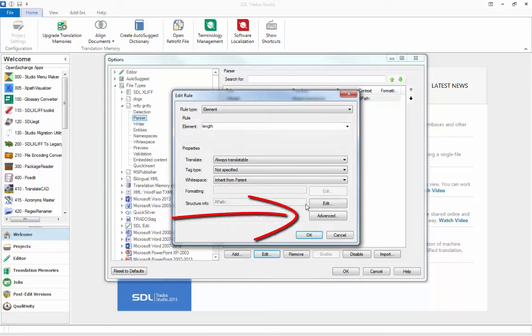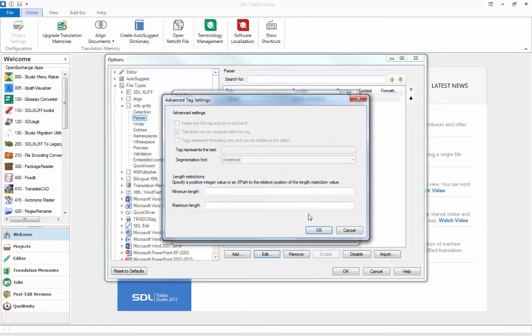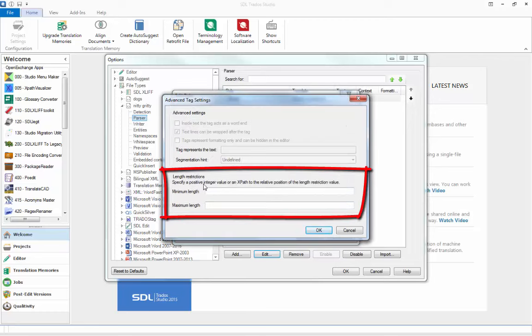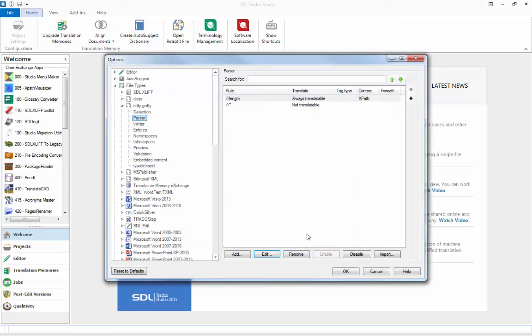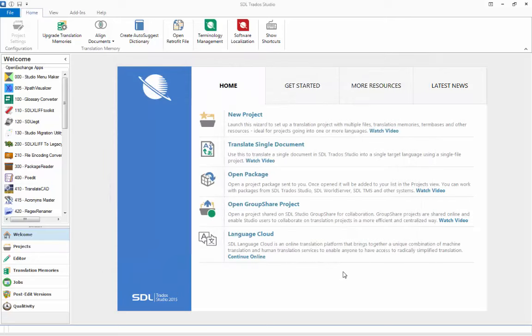And in this case, I'm going to go to the Advanced tab, and in here you can see there's a length restrictions possibility. So my minimum length is going to be @min, because that was the name of the attribute containing the minimum length value, and @max, which is the one that contained the maximum value. Very simple. And I click on OK, and now when I open the file up,